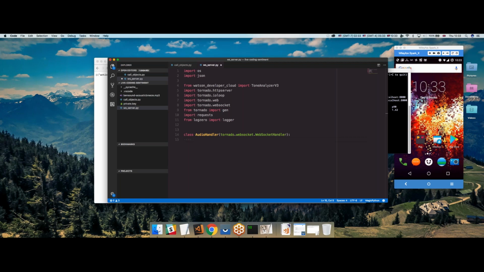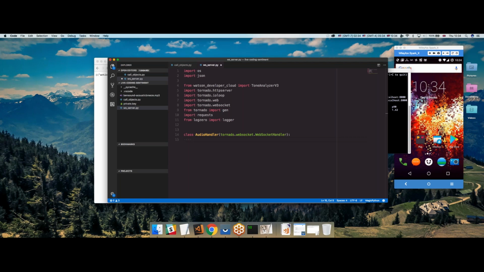We also have on message, which is whenever we receive any new information on the WebSocket. Essentially, whenever we receive that new information, we want to forward it onto the transcriber service at IBM Watson. And then we have our on close, which again, as it sounds, is whenever the connection's closed. Whenever our audio connection is closed, we're also going to want to close that transcriber